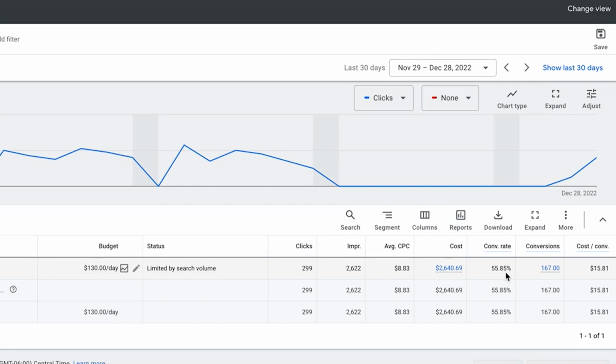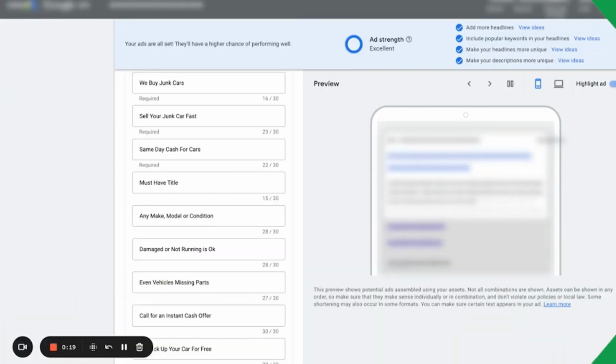55% conversion rate, right? So I'm going to show you their ads first, and then I'm going to take you to the landing page and show you why all this works, and we're going to tie it all together. So make sure you keep watching this video because by the end, you're going to know exactly how to make these pages for yourself. Okay, so the first thing to understand about getting these 50% plus conversion rates is it's